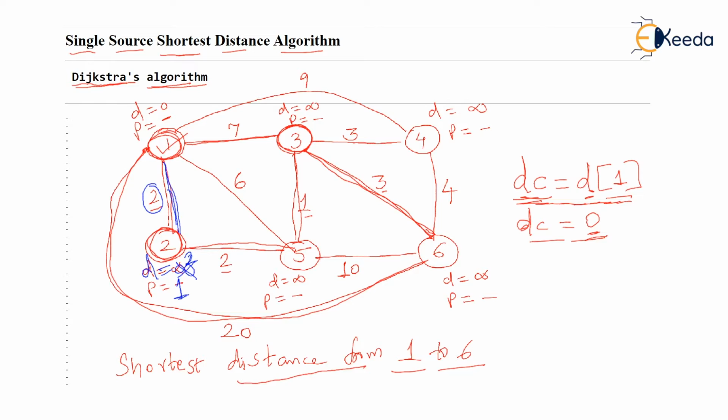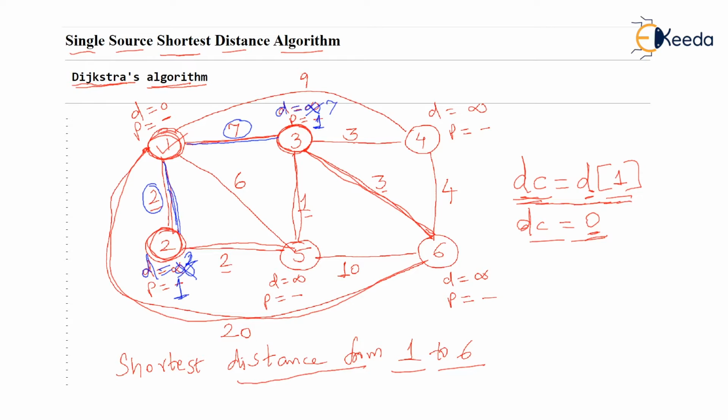Okay, let's take other neighbors of 1. Remember, we are processing the first vertex. Let's take the next neighbor. Next neighbor is 3. Now the distance is 7, and this 7, don't forget, is added to dc. Make a habit of that. Now 7 is added to 0 because dc is 0, that won't make a difference. So the distance is 7, and we check the distance of the third vertex. Check that the distance of the third vertex is infinity. We have got a lesser distance, so we update this to 7. So the distance of the third vertex is no more infinity, but it has reduced to 7. Also, the path will change to 1 because we are currently processing the first vertex.